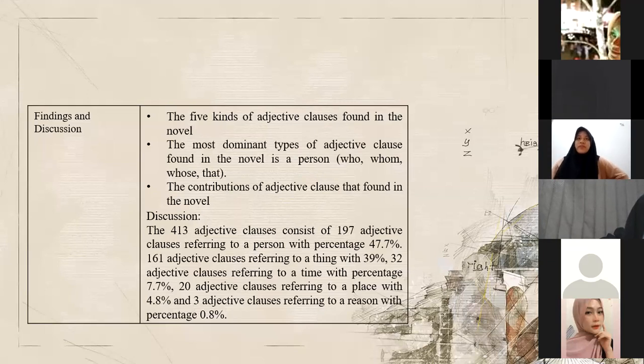The first finding found by the researcher is that the adjective clause referring to a person using the relative pronoun who is the most dominantly used in the novel Jane Green, Another Pitch of My Heart, with a percentage of 43.6%. And second, the adjective clause that refers to a thing by using the pronoun that is also used the most after who, with a percentage of